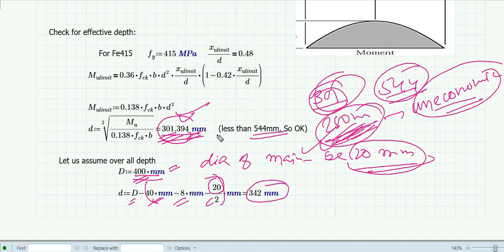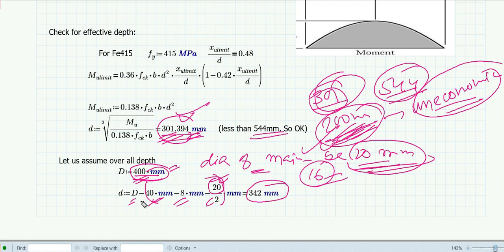In reality, in actual beams of buildings, say G or G plus 1 structures, 20 mm is very rarely used. Basically 16 mm bar is found to be sufficient. But for this case I just change it to make you aware that we can change it at any stage. If you want, you can take it as 16 mm also, it's up to you. For me, I have assumed the overall depth is 400 mm and the main bars are 20 mm.